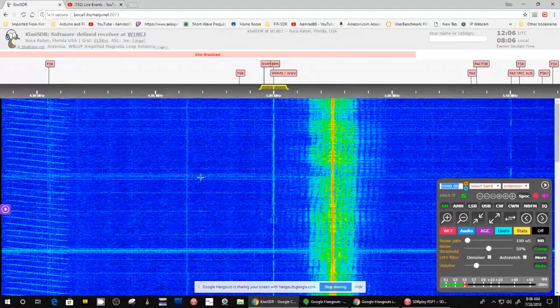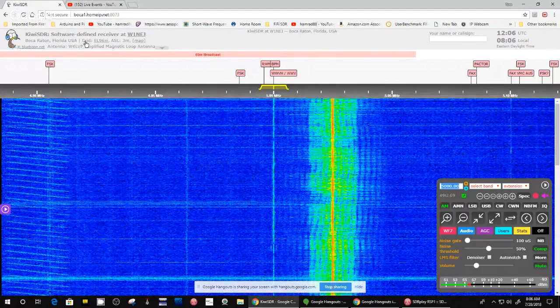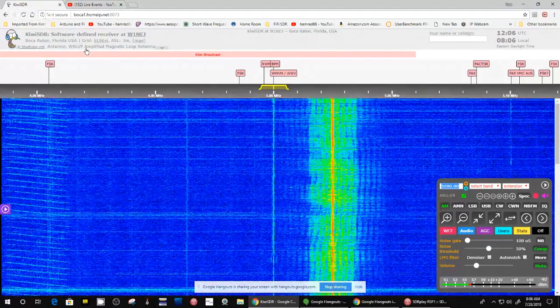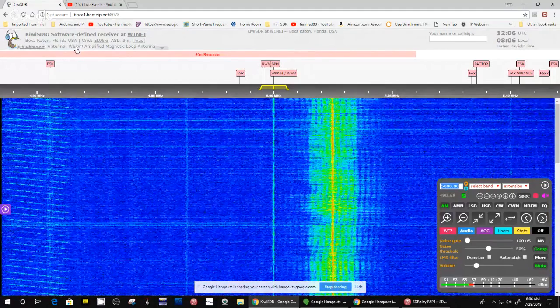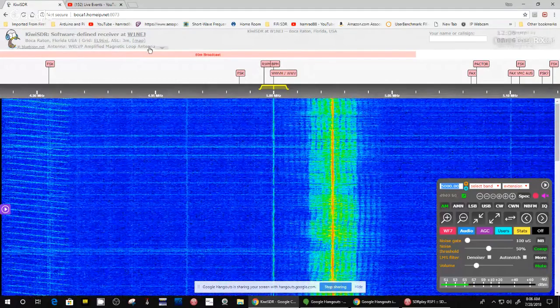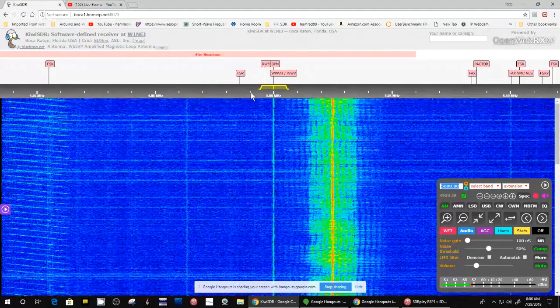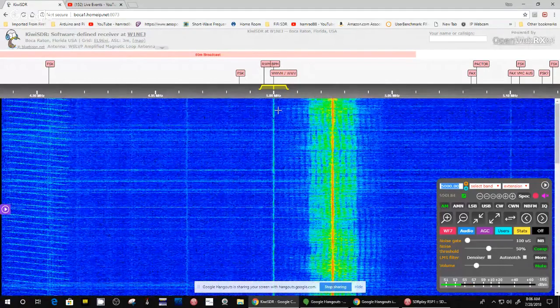Up here, it tells you a little bit about it. It's using a W6LVP amplified magnetic loop antenna compared to my G5RV, and it's tuned to WWV.